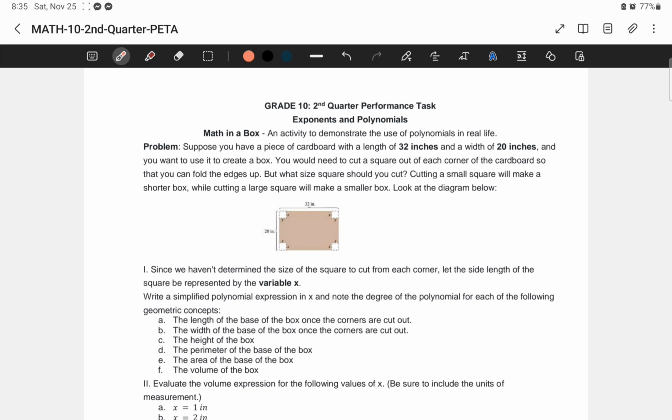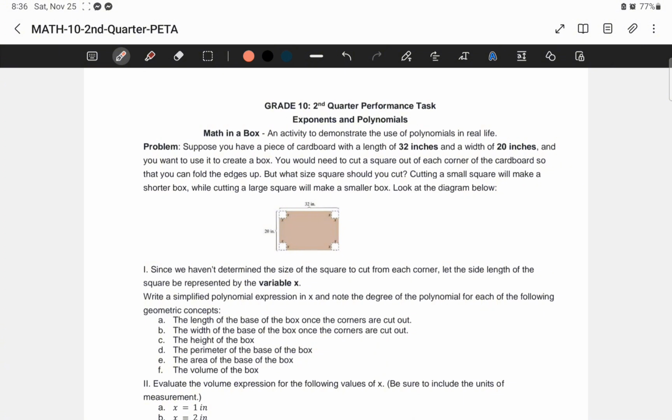For today, I'm going to discuss with you the performance test for the second quarter in math. This activity is called Math in a Box. This is an activity to demonstrate the use of polynomials in real life. Okay. As a group, I have discussed with you already, but this time I'm going to discuss the individual